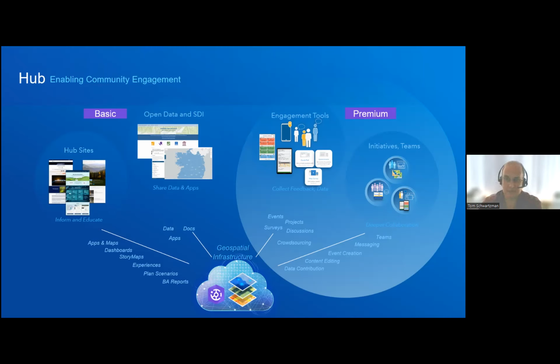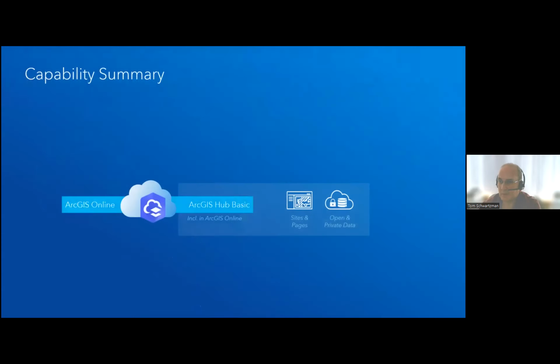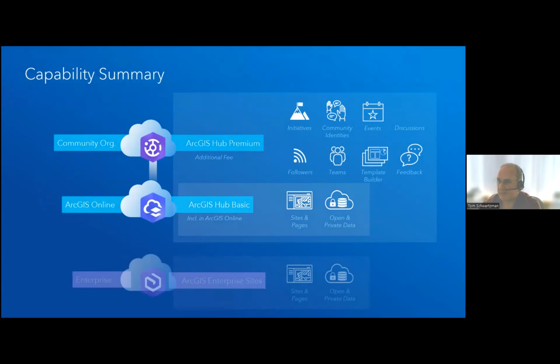And that community org is really just an ArcGIS Online org that's sort of attached. So you can limit what people can do in there. You can let them build surveys. You can do other things, but the main piece of that is to allow them to be attached or involved in your hub efforts. I think we've seen this. I'll just get to the end of this. You can see the difference here between Hub Basic and Hub Premium.